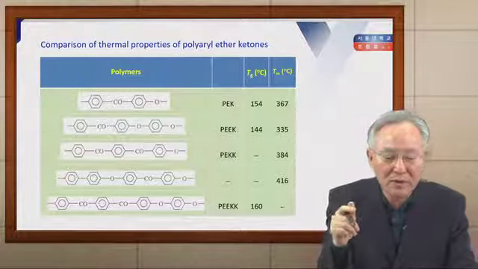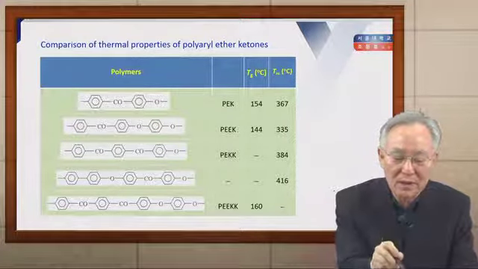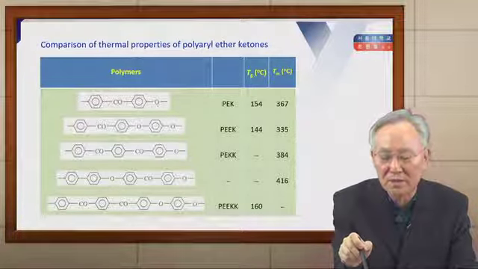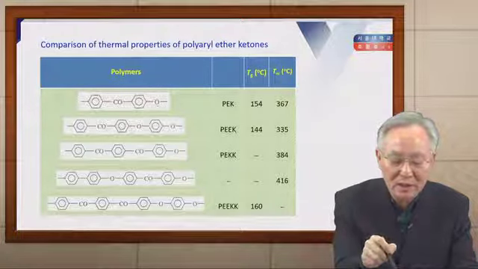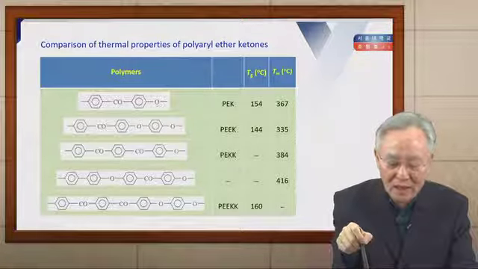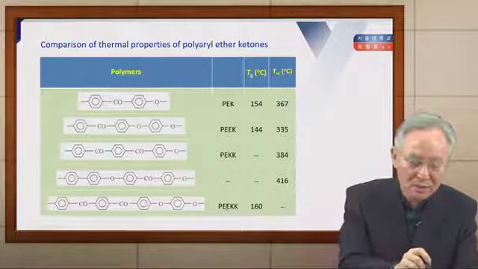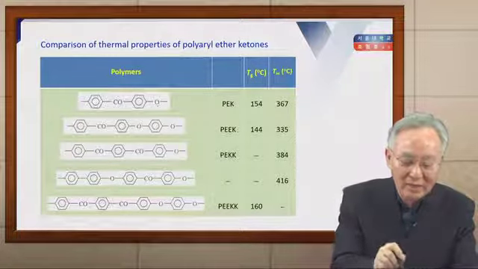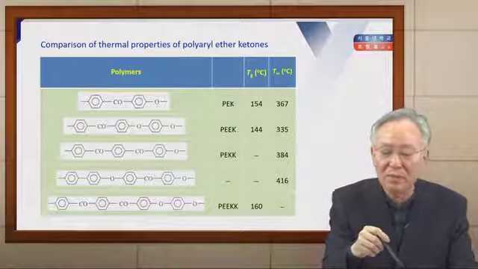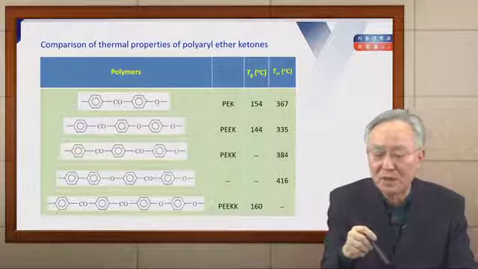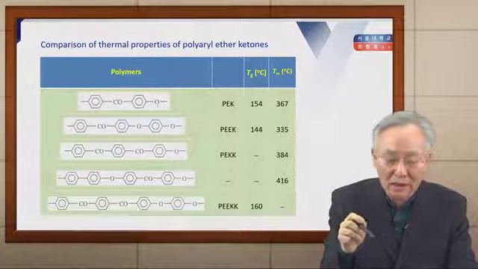So this table compares the thermal properties of polyether ketones. This is a polyether ketone, simplified as PEK, ether ketone; PEEK, ether ether ketone; PEKK, ether ketone ketone. Here is the name of these polymers by phenyl units. Now when you compare the thermal properties, more specifically glass transition temperatures and melting temperatures, you may realize that this